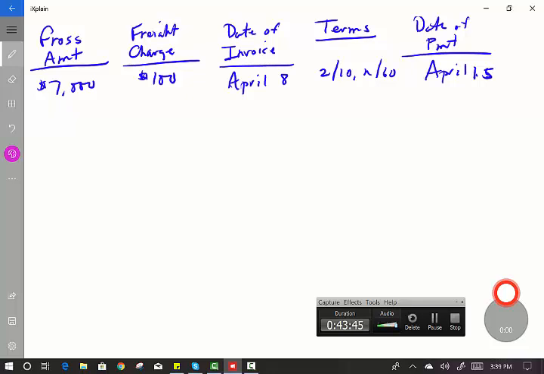So therefore, I'm going to subtract $100, my freight charges, since I'm using FOB shipping point, and I'm going to base everything on $6,900. I'm not going to apply the discount to the freight charge. So $6,900, and I'm going to multiply that times the complement of 2%, which is 0.98, and then that will give me